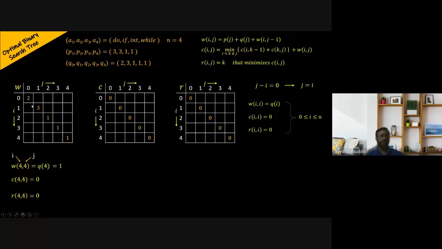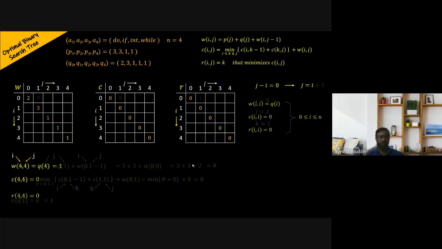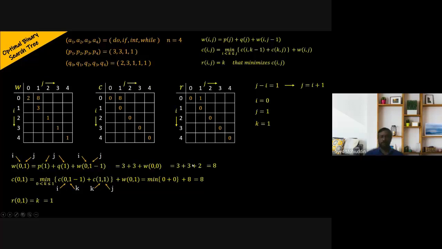Initially, for W, it is the probability of unsuccessful search. For C, initially everything is 0. For R, everything is 0. Now in the next stage, we start considering only one node to be there in the tree. So when there is one node, we come to a formula with j minus i equal to 1, because